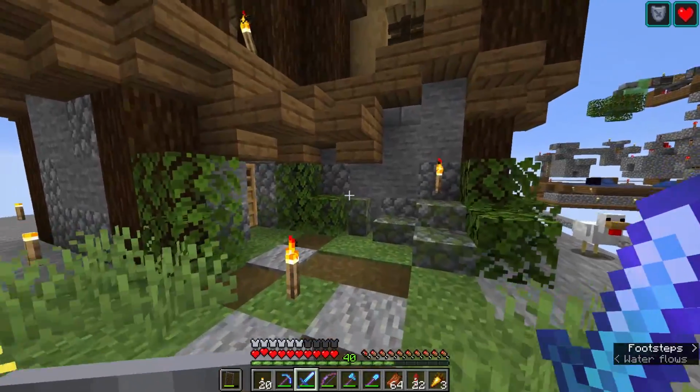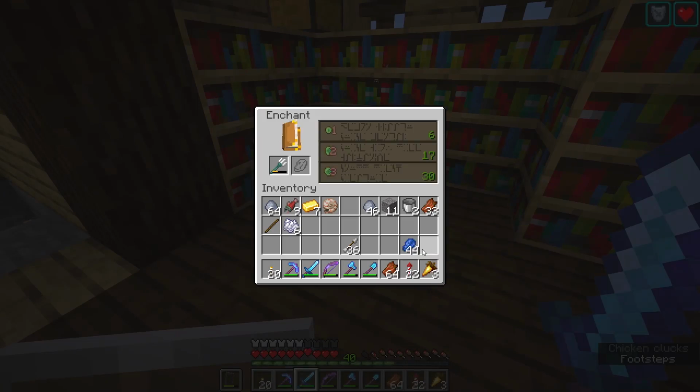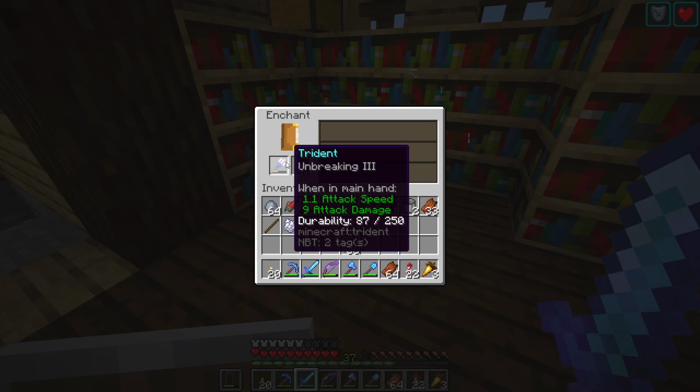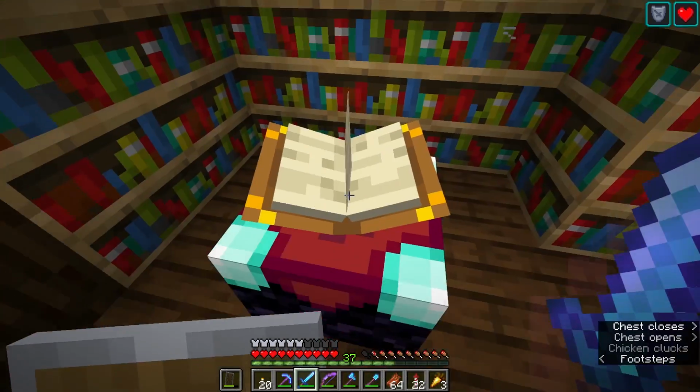Let's go and enchant that and have a go at round 2. This chicken looks like fair game. Hopefully we should get similar enchants this time around. No, we just got Unbreaking 3. Oh well, at least I can get the rest of them on book enchantments,